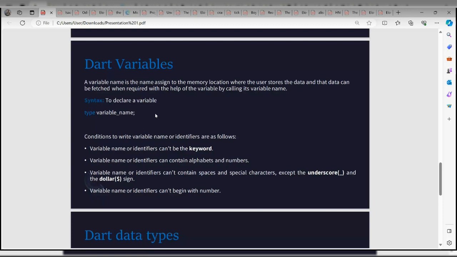The point where we create that memory location for our value. So this is the syntax of it. We have type, then we have the variable name. Then type, we'll talk more about data type.